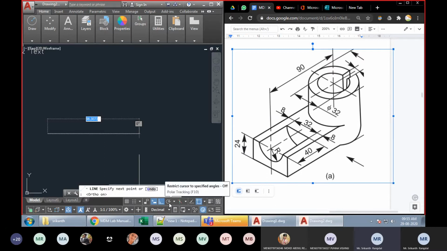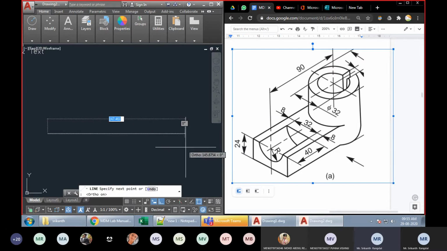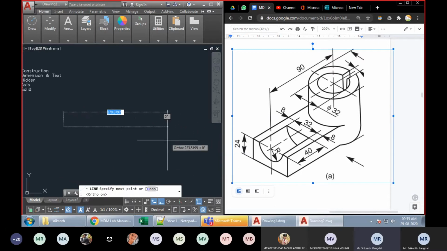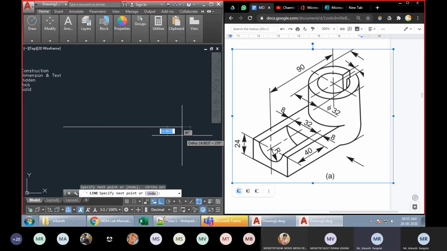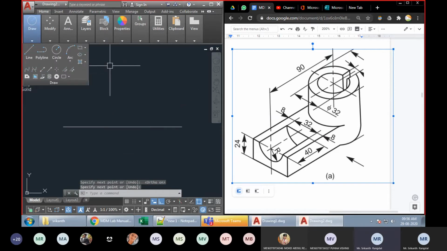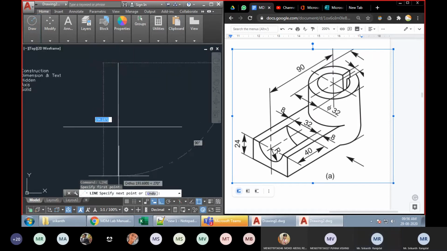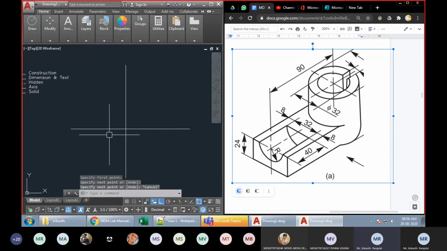I can keep ortho or polar on. I'm getting a big enough line. Let me get around 200 or something like that. I'll again go for the line command, or repeat the command from here, and draw a vertical line. These are just construction lines. This is the XY line, the horizontal line, and this is the X1, Y1 line.